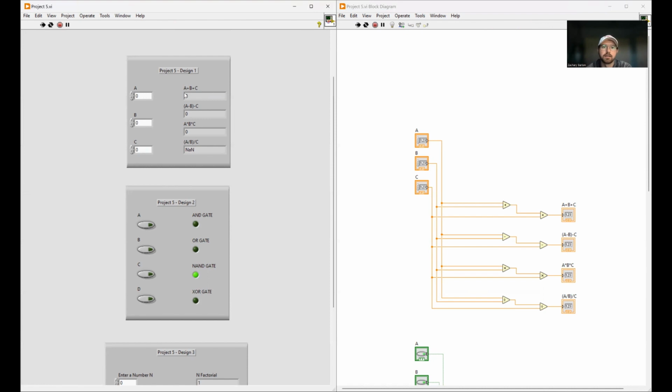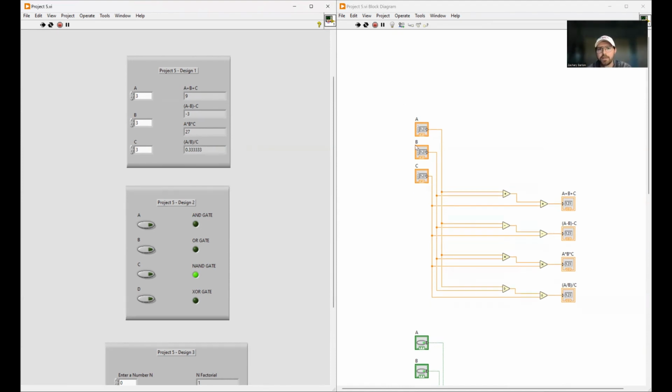This is a simple calculator that computes a plus b plus c, a minus b minus c, a times b times c, and a divided by b divided by c. And the values of a, b, and c are controlled with these 3 numeric controls here. As you can see, the values change as the inputs change. And if you want to pause the video and check the math, you can, but the math is defined right here